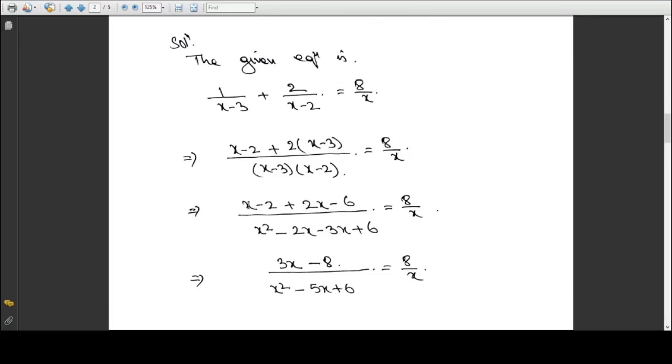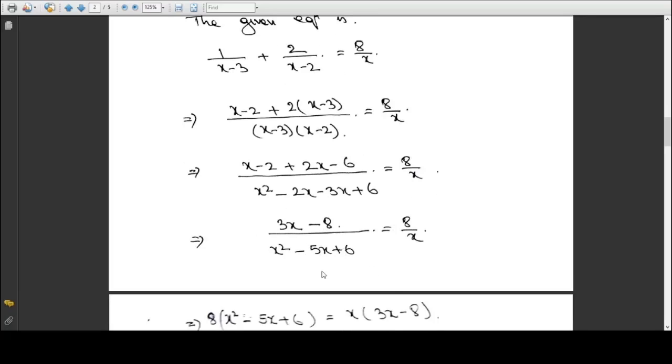Okay, the next step, you look for the x terms. Here you have 2x and this x, which give us 3x, and then this 6 and this 2, both are minus. That means you have to add them together, but the sign will remain negative. 6 plus 2 is 8, so it is minus 8. And here minus these two also, minus minus is plus, so 2x and 3x make 5x, but the sign will remain minus. Therefore we have 3x minus 8 in the numerator, and in the denominator we have x square minus 5x plus 6, and the right side is the same.